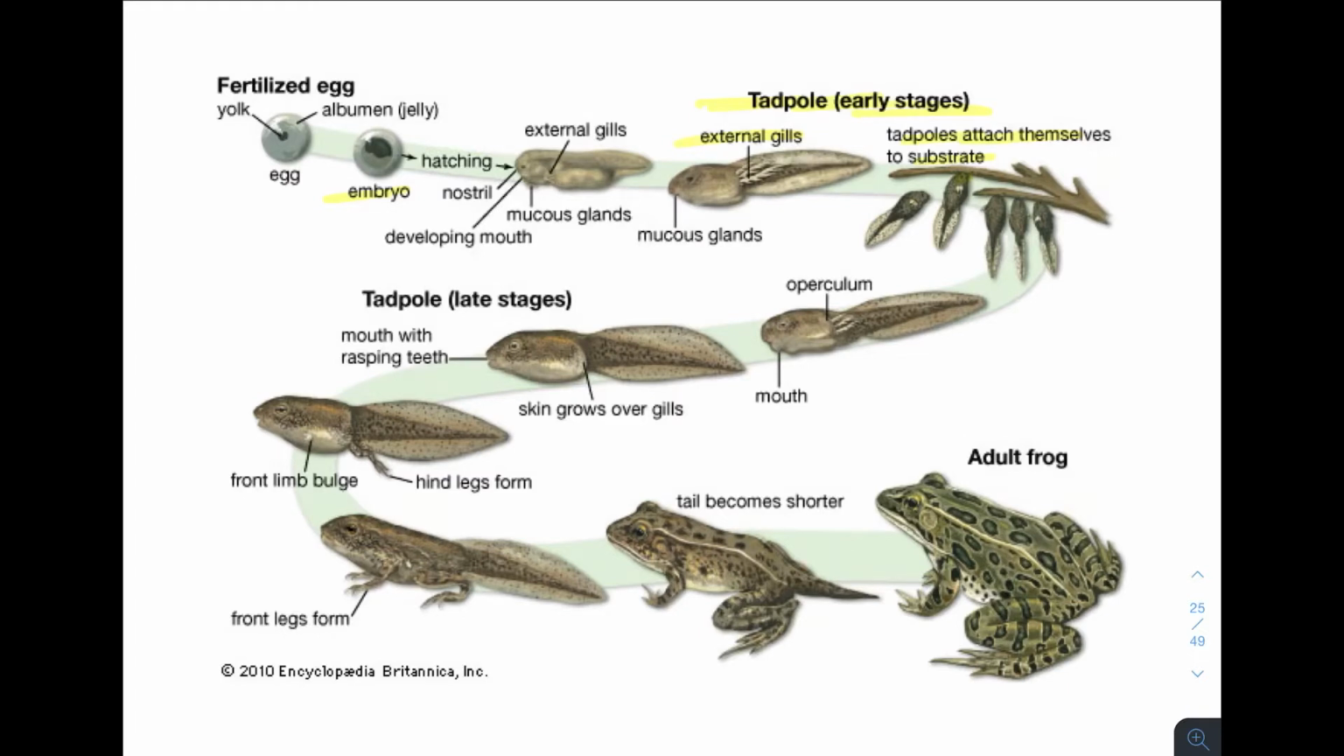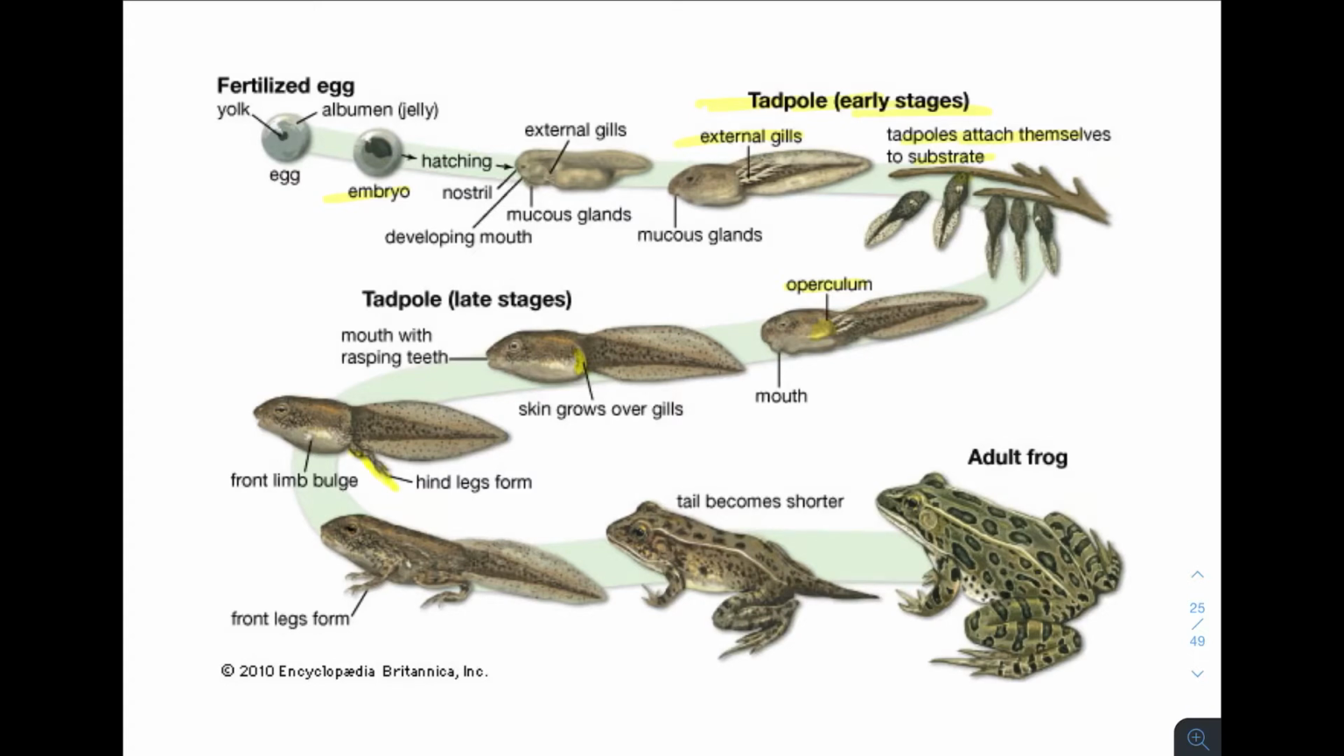The next thing that's going to happen is that we're going to see this operculum develop, and this operculum starts to cover those external gills. So they're still there, but you can't really see them. They are getting smaller, of course, because we are undergoing metamorphosis, but they're under the operculum. And once the limbs start to bud out,